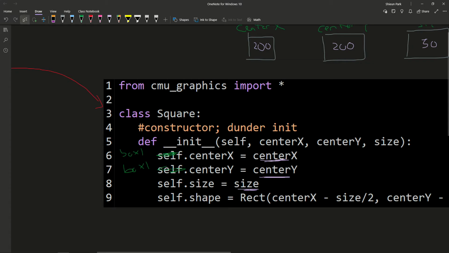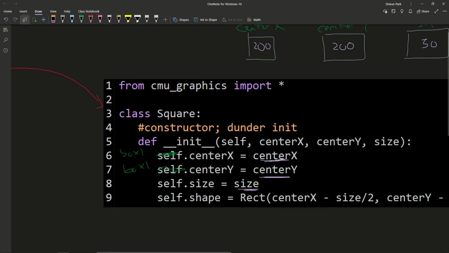Just replace self with that object, dot center x, dot center y, dot size, so on and so forth. This is usually pretty normal nomenclature, just because we want to store these localized variables and attach them to the shape, so that the next time I deal with box 1, if I do box 1 dot center x, I can actually get its value.